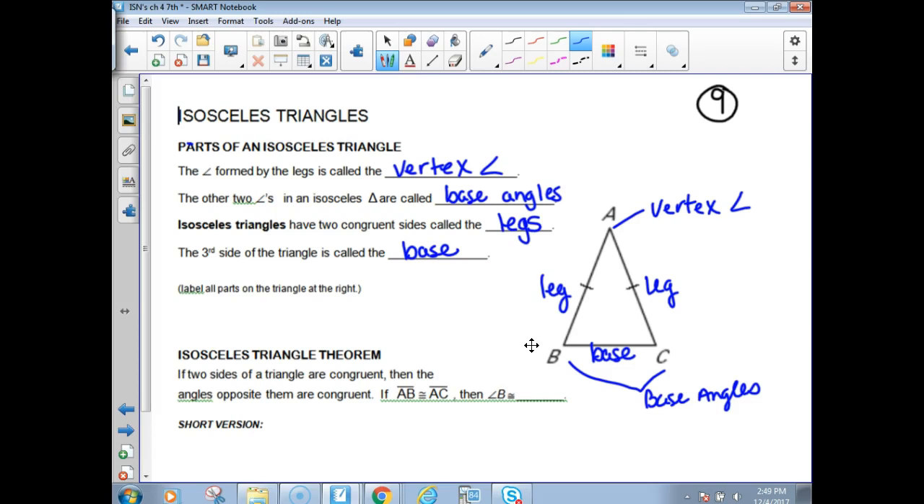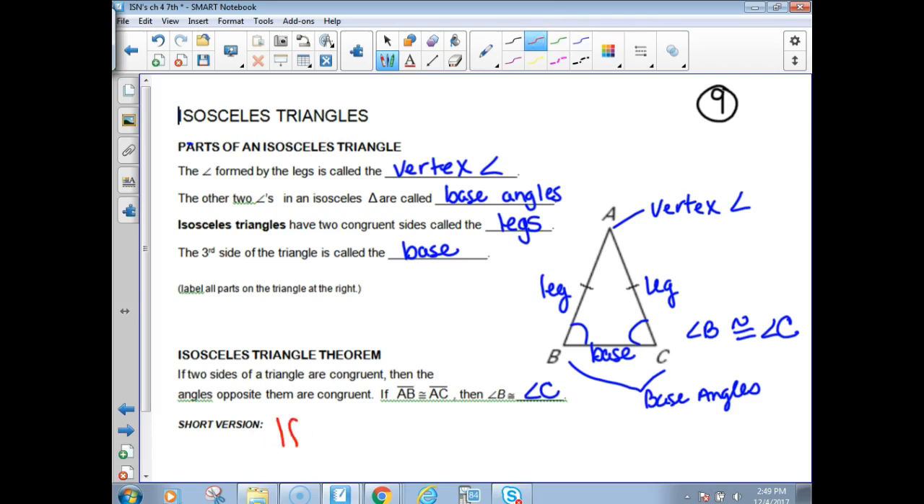Okay, in an isosceles triangle, if two sides of a triangle are congruent, then the angles opposite them are congruent. So in this figure, angle B would be congruent to angle C. And that's what that says on that second line. So if AB is congruent to AC, then angle B is congruent to angle C. The short version for that